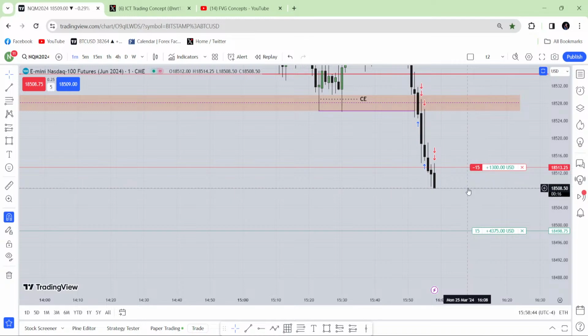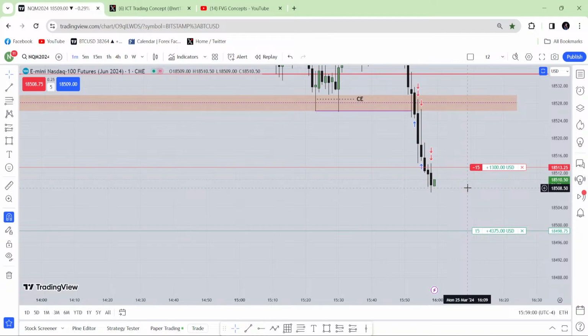It bounced from the 1 minute fair value gap to 10.55. Brother, you are still reading the price? Seriously, man? Just stop reading the price. Market has done its job for today. We're done for today, okay? We just have 1 minute left for today's session. After this candle, we are done for today. So let it go, brother.